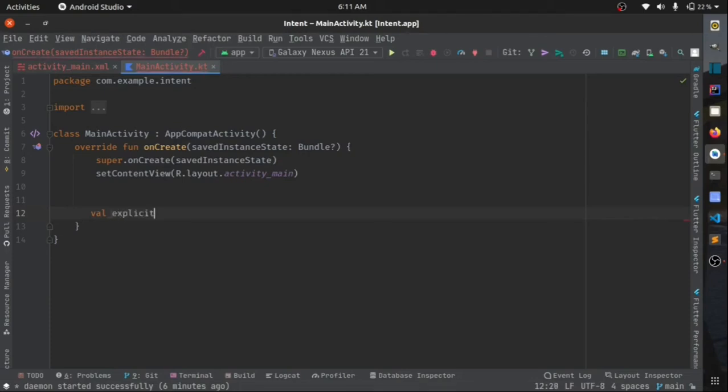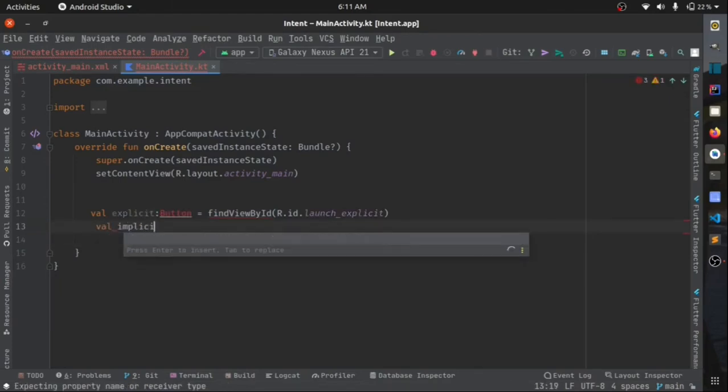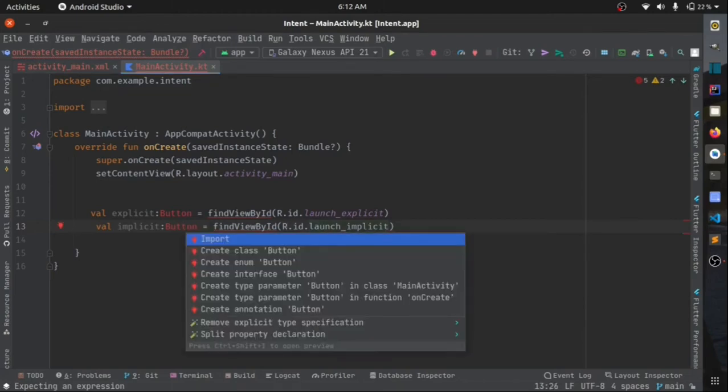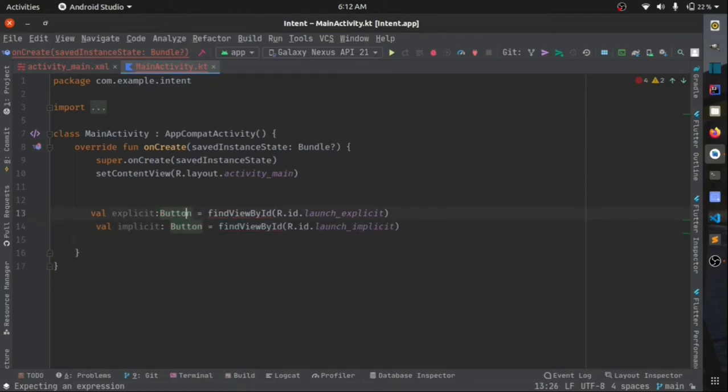Explicit will be findViewById, and explicit is a button, so the id is R.id.launch explicit, and implicit will be again a button, and findViewById, that's R.id.launch implicit. So this will give the reference of the implicit, and this will give the reference of the explicit.